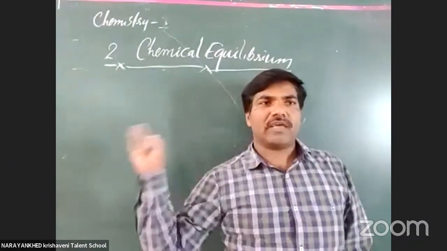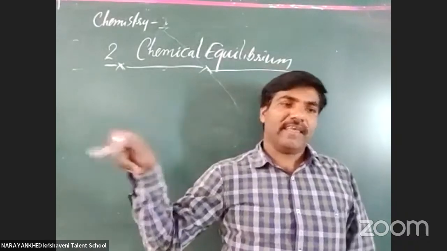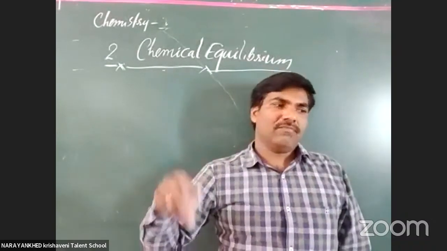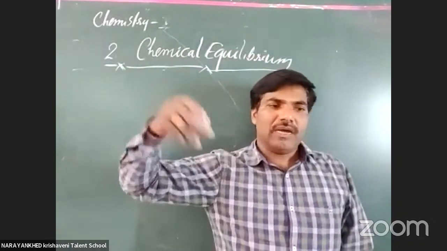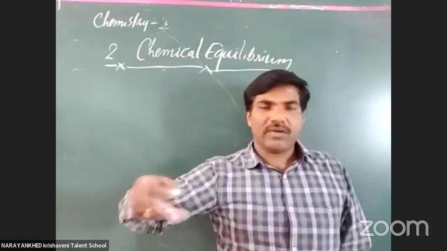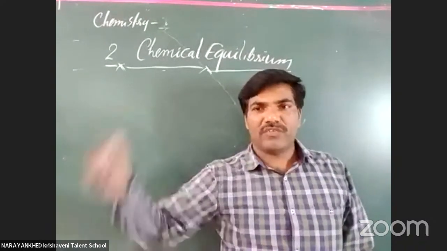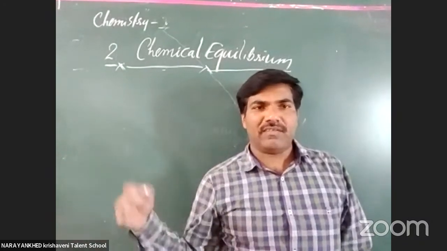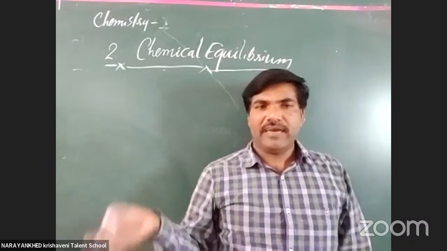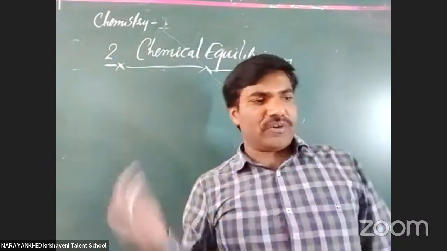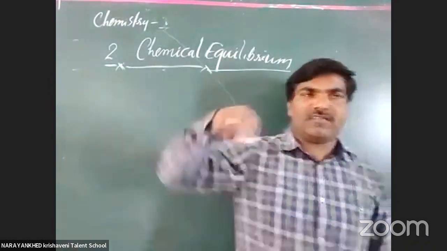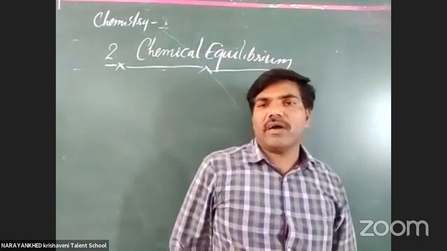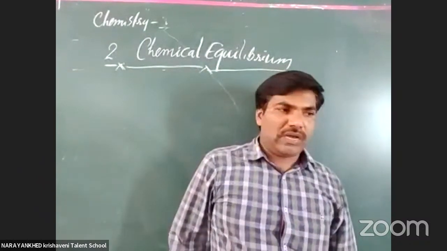Clear or not, all the students? Now the sun rises, the sun sets, again the sun rises, again the sun sets. The changes occur, but repeatedly they are reversed. That type of change is called a physical change. Yes, the physical properties change, and that will be regained after some days. Periodically it changes, the same change again and again. It is again possible. That is called what? Physical changes. Clear or not?